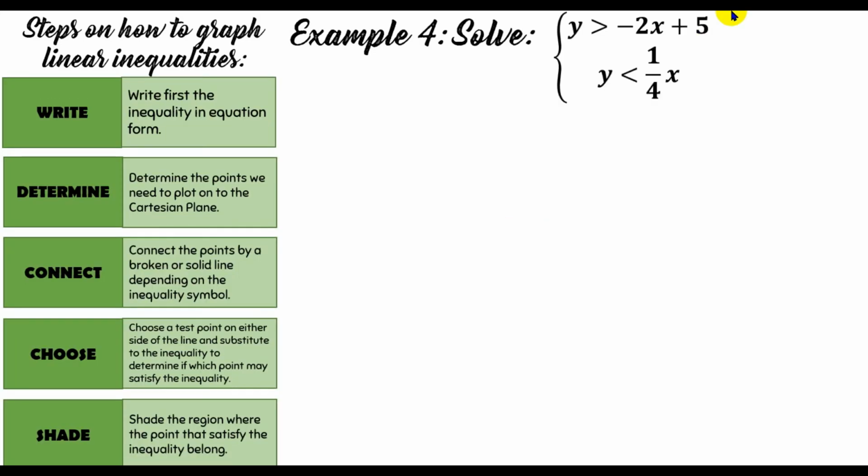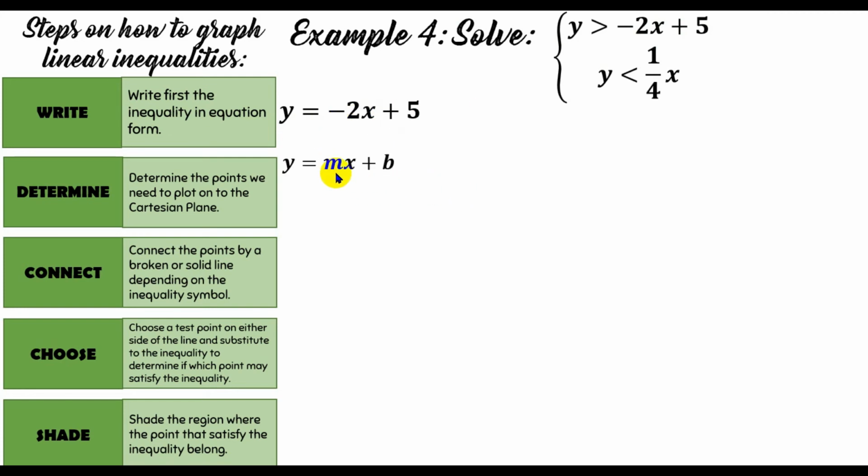So, we have here y is greater than negative 2x plus 5 and y is less than 1/4 x. So, do not forget, perform the steps for each linear inequality one at a time. So, dun muna tayo sa unang linear inequality. Y is greater than negative 2x plus 5. So, that will become y is equals to negative 2x plus 5. And again, it is